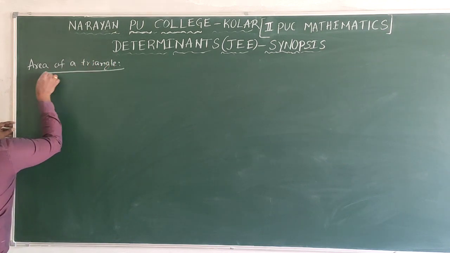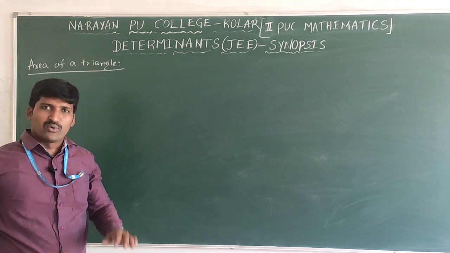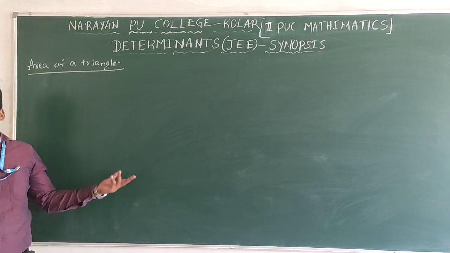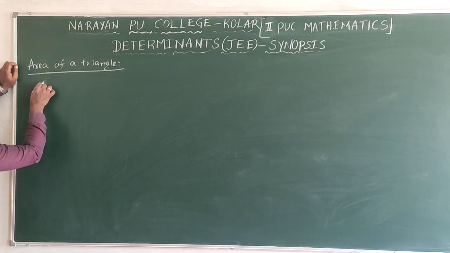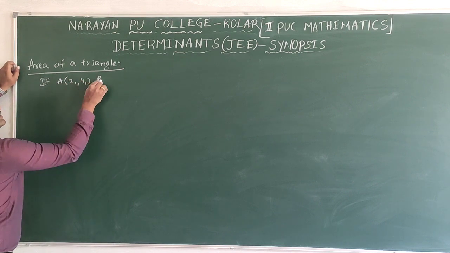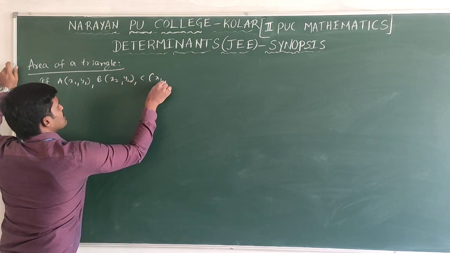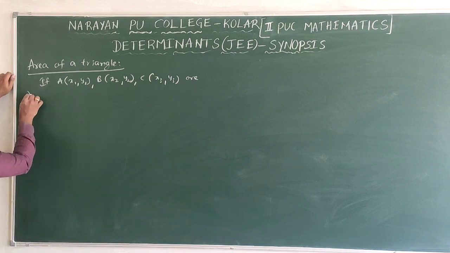Now, how to find area of triangle? By using determinants concept. Already area of triangle is half into base into height, and the vertices form is also there. But by using a determinants concept, how to find area of triangle? If three vertices A (x1, y1), B (x2, y2), C (x3, y3) are vertices of a triangle,